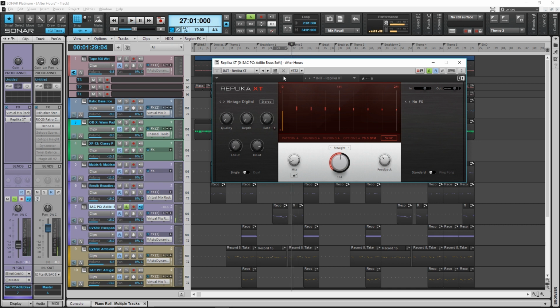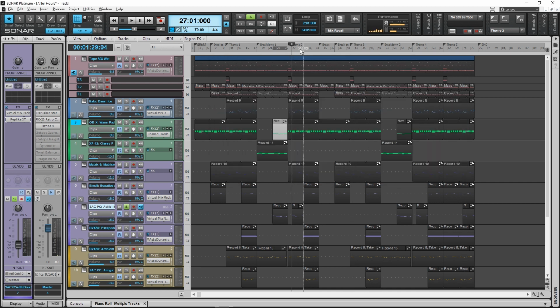So the dry signal by itself was not panned. It was up the middle. But what I did here was I went into the panning, and I panned the dry signal hard right and the delay signal hard left, so it has a stereo image. And in the mix, it sounds like this. Listen to the right and left here. So you can clearly hear the dry signal on the right and a little bit of a delay afterward on